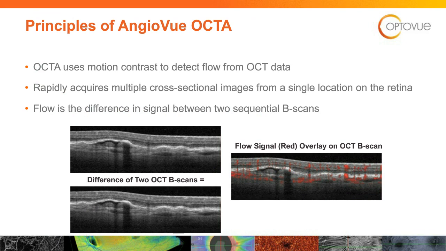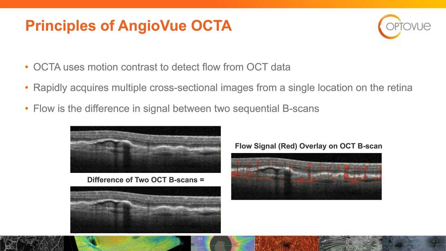It takes sequential different B scans over the course of a few seconds, and the only thing that should move from an OCT image right now to an OCT image 1 second later is what? And the answer is red blood cells or blood in vessels. So those red blood cells are able to be imaged, and that motion contrast, the system is able to detect that, analyze that. The software obviously does a great job and can tell you what is moving, what is flowing versus not. So it's motion contrast over multiple different scans taken in the exact same spot on the retina, and